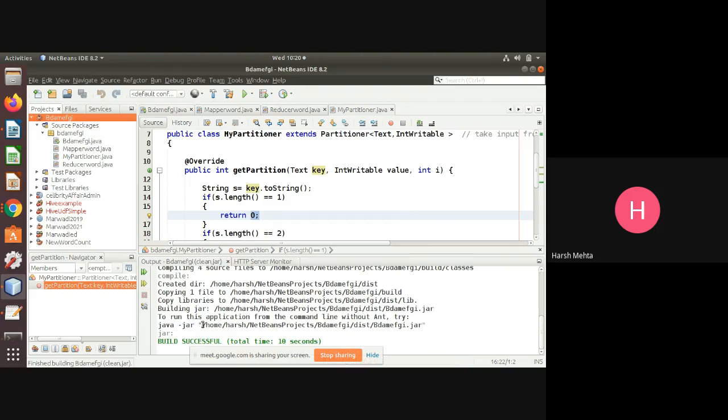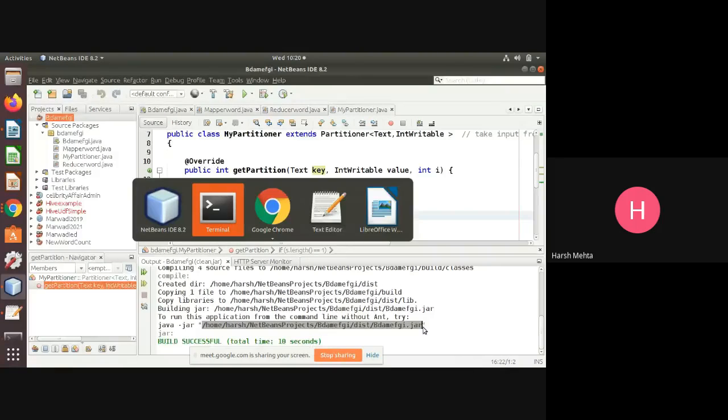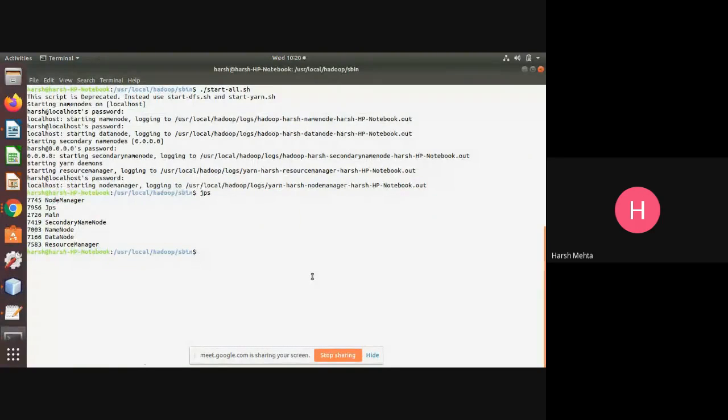Okay, now you see the jar file has been created at this path. This partitioner class, the extra class, is there. Next step is what? To run this. So from where do we run? cd bin. Okay, and here we ran the last program.